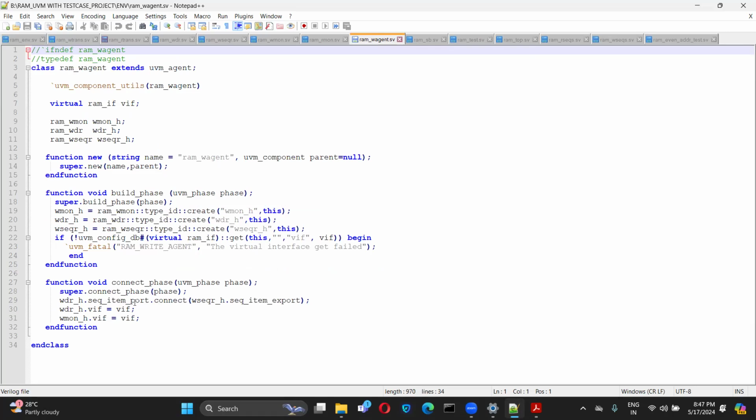By default it should be this only, item port and item export, because this driver-sequencer handshake is already there, which we are trying to reuse. You cannot do anything related to analysis or something. You cannot change it. This is standard. Just remember that inside the agent, from the driver to the sequencer, we have to do it the same way.